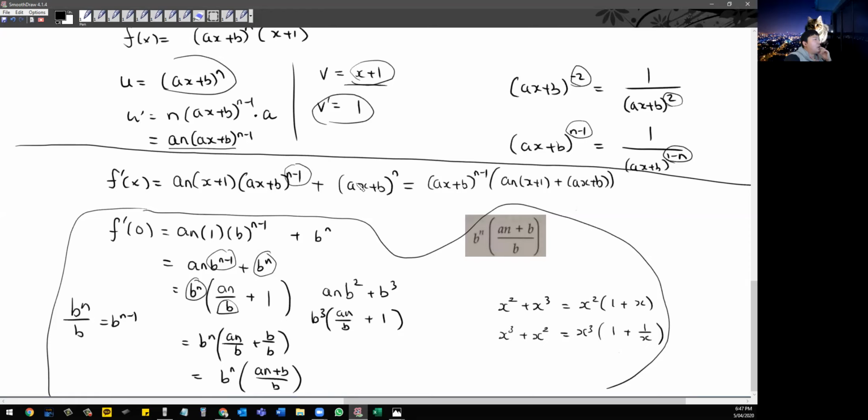So you get one of this left, see? The other choice is if you pull out (ax plus b) to the power of n, which is pulling out more than what you have there, then you're going to end up with a fraction, right? So if you pull out, you're going to get 1 here, right? But then you're going to have what? a_n x plus 1 over